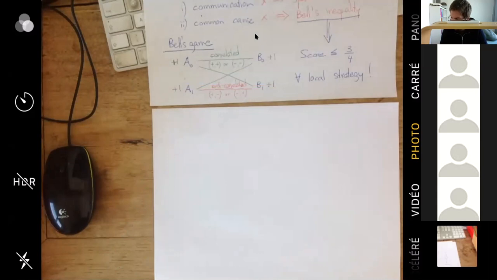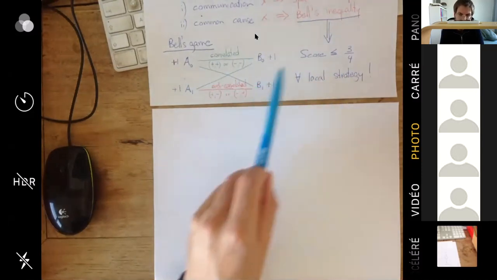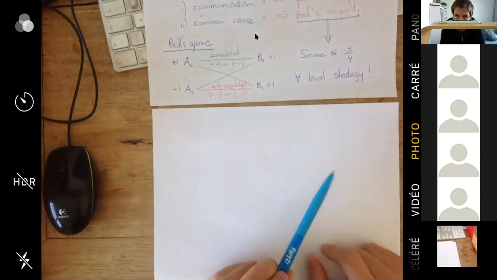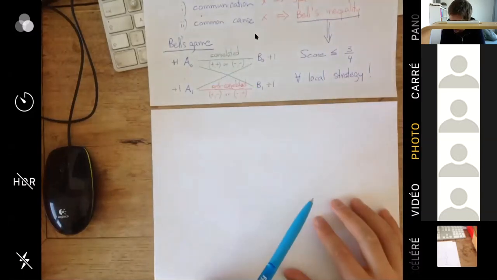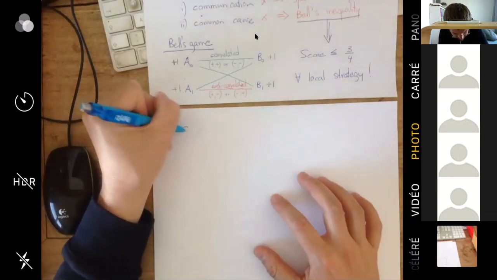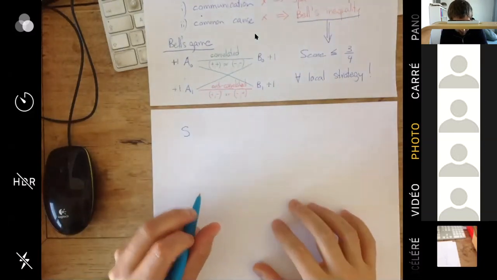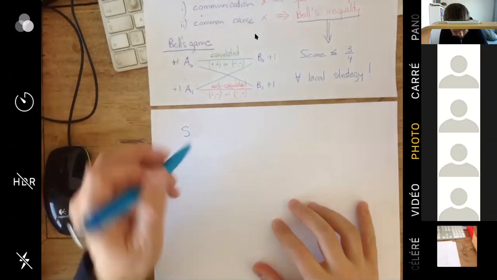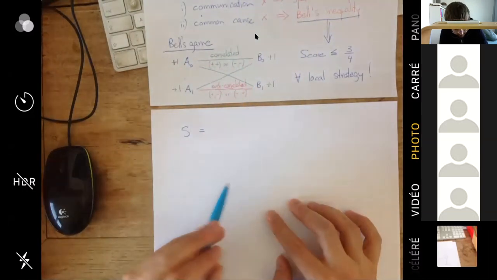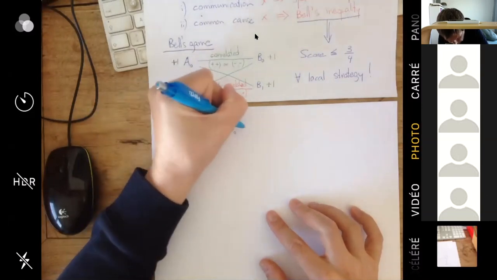Now I would like to give you a formal proof of this. Because what I discussed here is somehow intuitive, it's simple, but I want to prove this rigorously. And here is how we are going to do it. My score, I will write now as a mathematical function. So I just use S, and S will be defined in terms of these variables here. So S, I claim, is the following thing. It's A0 times B0